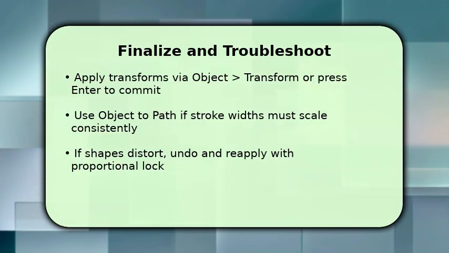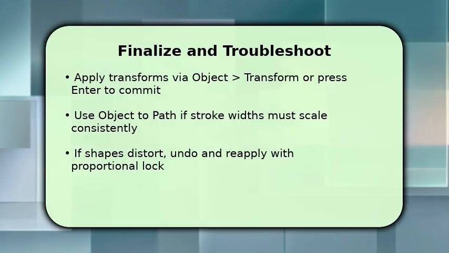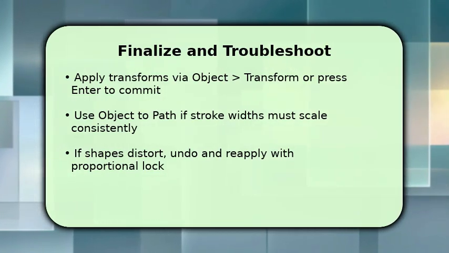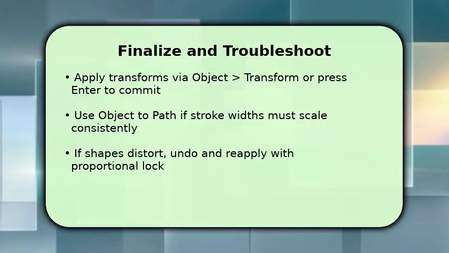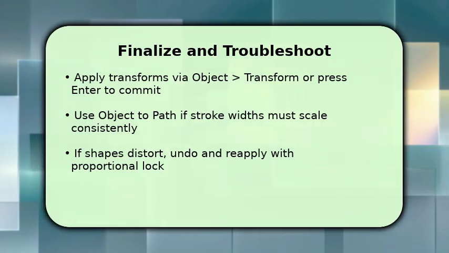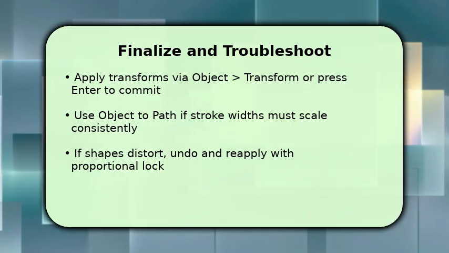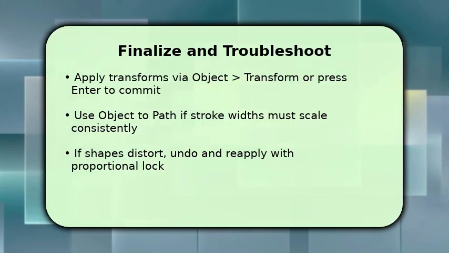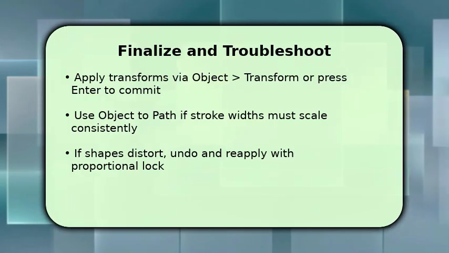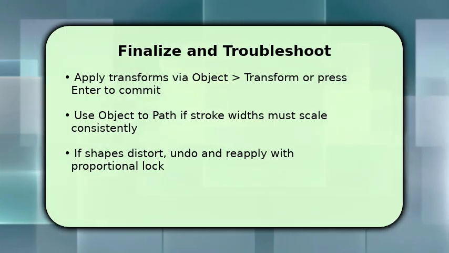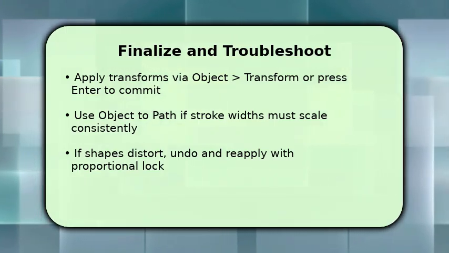Once done, inspect alignment, gradients, and text, because some effects don't scale automatically. If things look off, undo, re-enable proportional scaling or group objects and try again. That usually fixes distortions. One key troubleshooting tip: if strokes or filters behave unexpectedly, convert to paths before final export